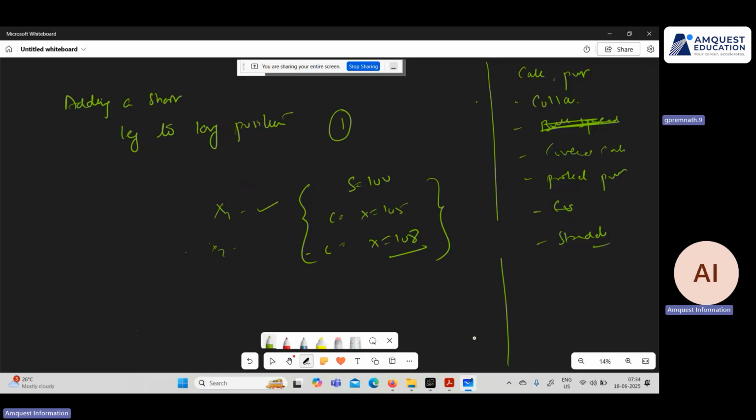So the expiration date will be at the same time, right? But what I'm saying is, it's not always the case, right? So in a normal scenario, let's say in a bull spread itself, and this is generic obviously, you bought a call for a strike price of 105,